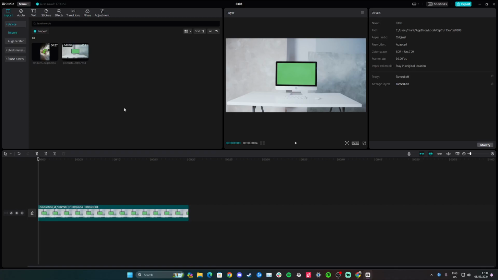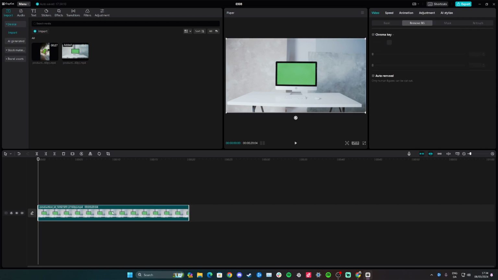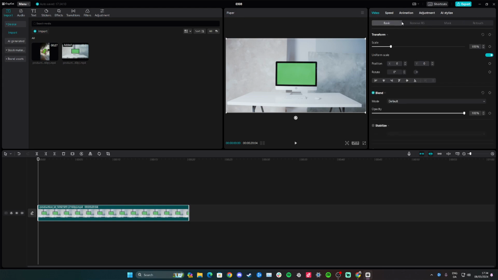Hi guys, in this video I'll teach you how to remove the green screen on a video on CapCut. So to start with, start by adding your green screen and now select your clip in the timeline. And I wanted to go to video, you're probably going to start in basic, and I wanted to go to